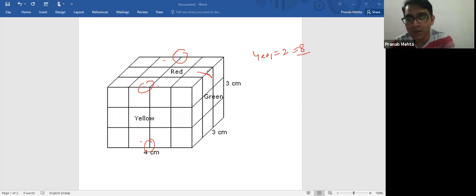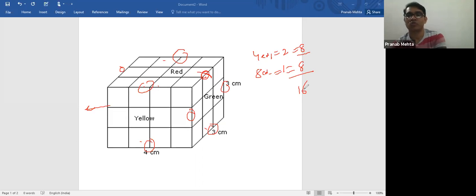So how many cubes am I able to get? Only one cube from one edge. So this kind of edge, how many edges do we have? 1, 2, 3, 4. So one edge, two edge, three edge, four edge. And the back of this, the side which is not visible, so 4 plus 4 is 8. So another 8 edges are there, from which I can get only one cube each. So total, how many cubes will I get? Another 8 cubes. So total, how many cubes are we talking about? 16. You have understood now?